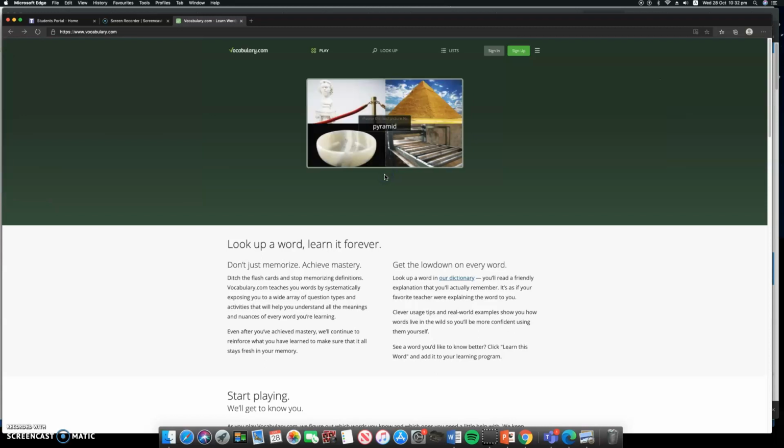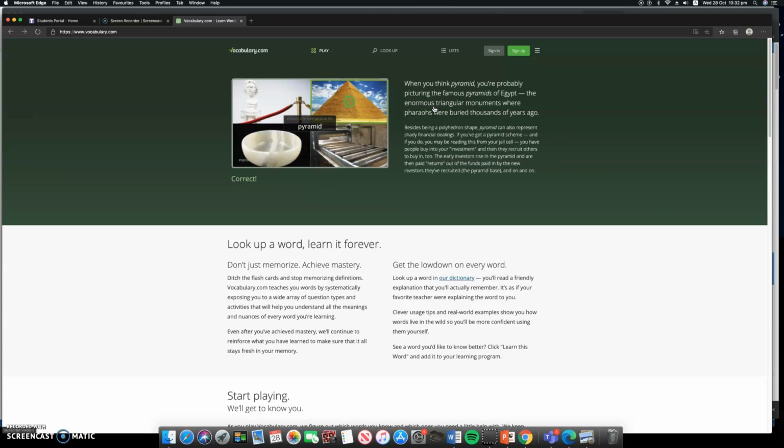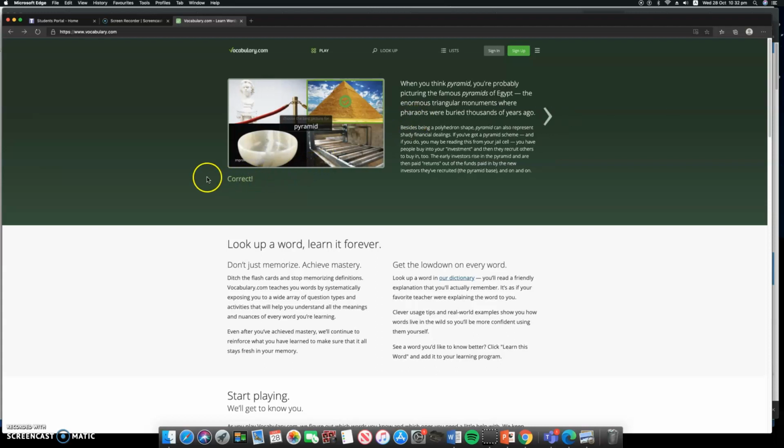So you've got pictures here, and you need to identify which one is the pyramid. Yeah, so that's correct, as you can see. And then you have the meaning of the word pyramid here, and additional explanation which you can read if you want to. I can continue to keep using this website free, but I would recommend that you